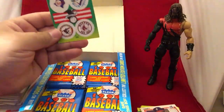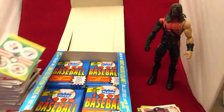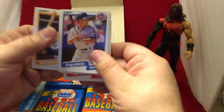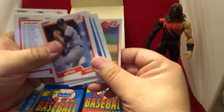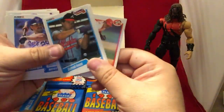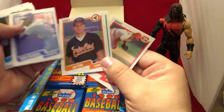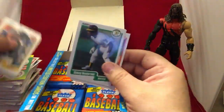And here we have another one of those group cards. We have the Blue Jays, the Rangers, the Red Sox, and the O's. I want to see some good stuff, but let's see where they're hiding. We got Mike Benjamin. We have Greg Jeffries. We have Randy Milligan. Eric Plunk. We have Cecilio Guante. We have Pete Incaviglia. We have Darrell Evans. Mark Lemke. Willie Randolph. Jay Tibbs. Gerald Young. Here we have